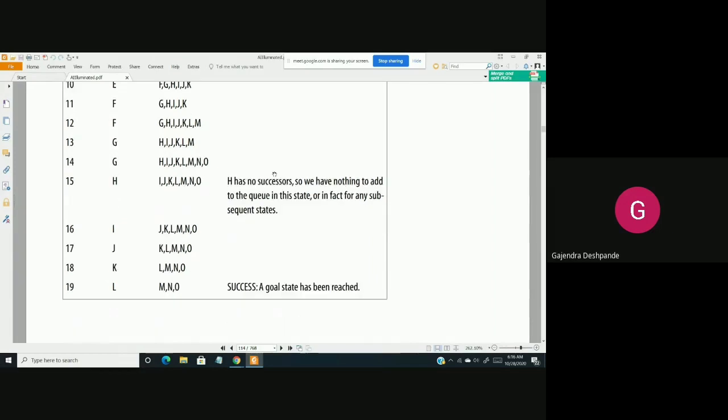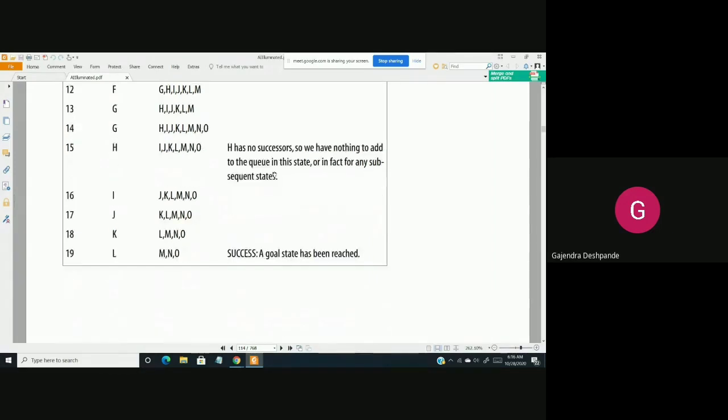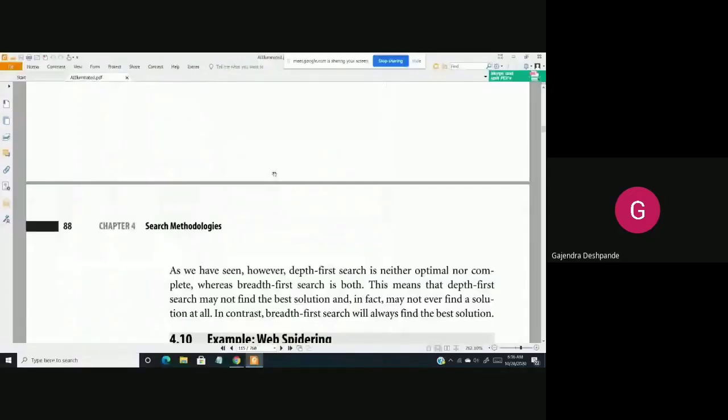So we can stop our lecture today. Then we'll discuss some examples. We have seen some scenarios where depth first search can perform better and where it can perform worse. Similarly, we have seen scenarios where BFS can perform better and where it can perform worse. We have also seen the implementation. So in the next class, we will discuss a method which uses the merits of both and how it achieves better results. So we will stop today's lecture.